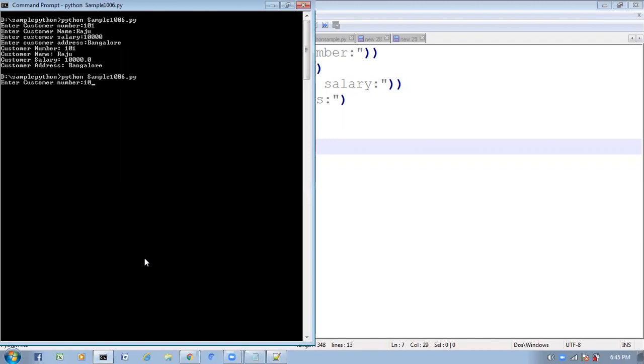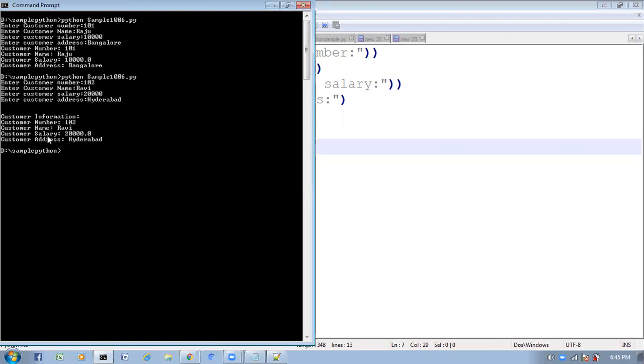Customer number 102, customer name Ravi, customer salary 20,000, customer address Hyderabad. See how we are getting here? After providing this data, I'm getting two spaces. Here customer information, you will get like this: customer number 102, customer name Ravi, customer salary 20,000, customer address Hyderabad.